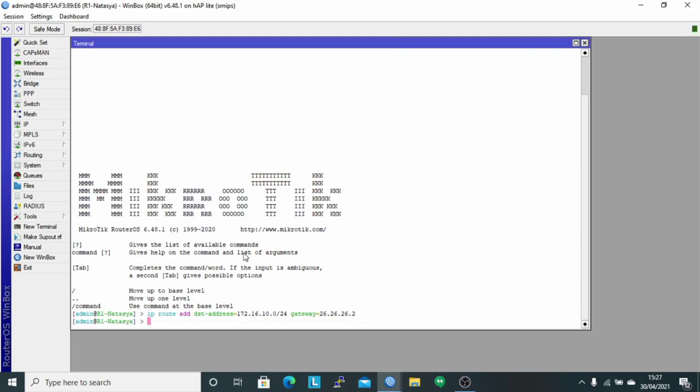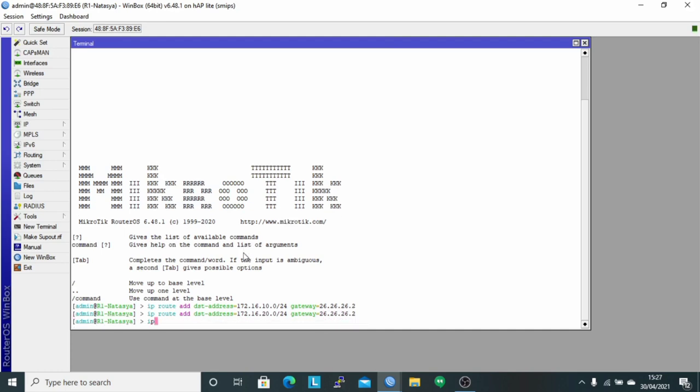26.26.26.2. And next, type the command ip route add dst-address 172.16.20.0/24 using gateway 26.26.26.2. And then type the command ip route add dst-address, the network client on router 2, namely 172.16.30.0/24 using gateway 26.26.26.2.